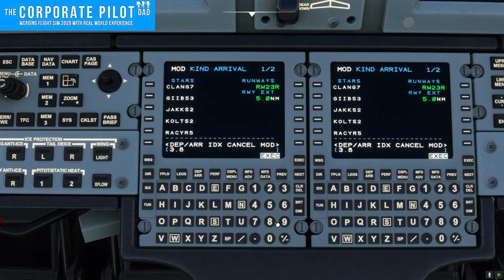We can also type any distance we want. We can do 3.8, you can do 10.2, you can do whatever. But we could also just type 3 without the 0.0 and put that in, and it will fill in 3.0 like that. And now that we've hit execute, we can go to the legs page